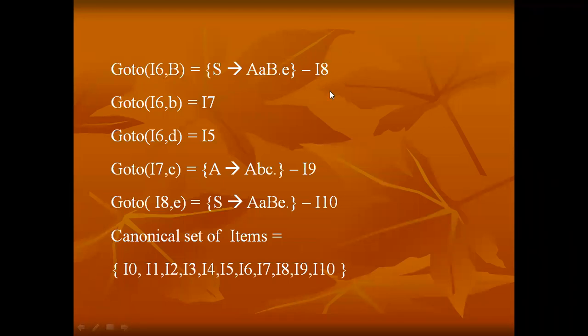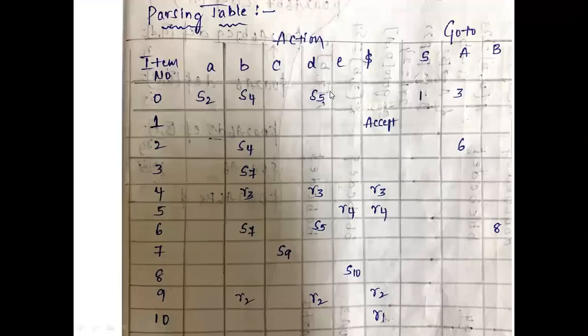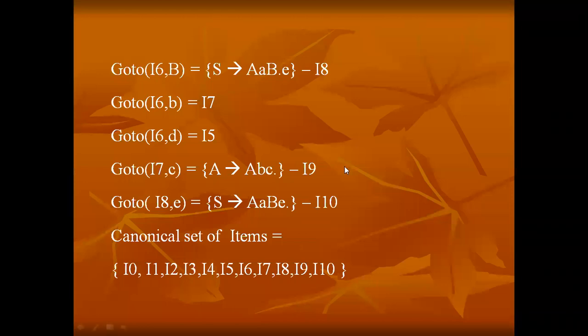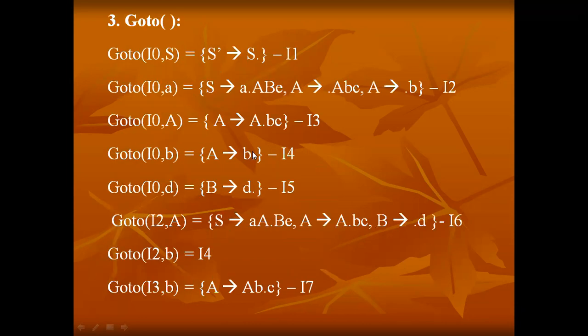I8, right? In the table, at I6 with B, we fill that cell with an entry 8, representing it with an 8. Is it clear? Now check if there is anything more with that I6. No more variables were performed with I6, and all the rest are terminals. No more is left.